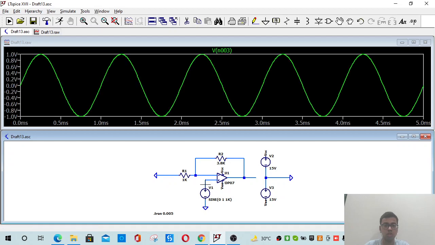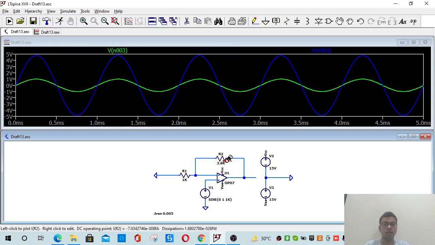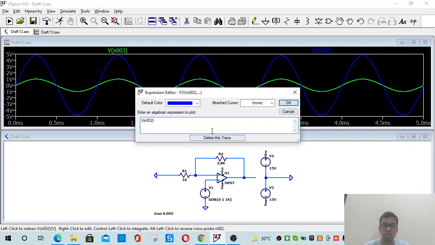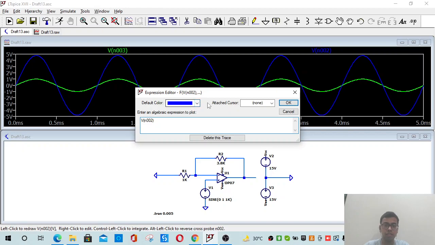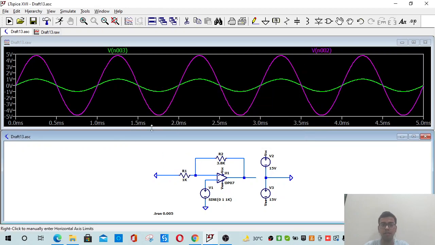When we put the probe on the terminal, we can see the 2 volt peak to peak supply. Now I will be checking the output. For distinguishing it very clearly, I would like to change this color. We can just right click on the selected trace, and here we will get the panel for changing the default color. We can conveniently change it to any color we like. I think this color suits me because it goes well with the contrast of my eyes.